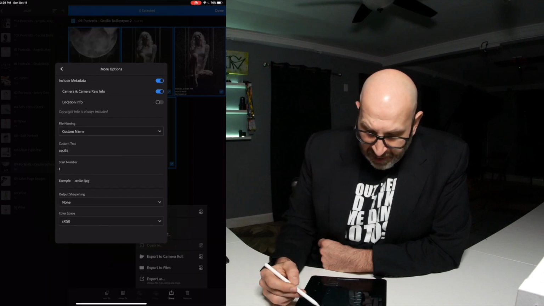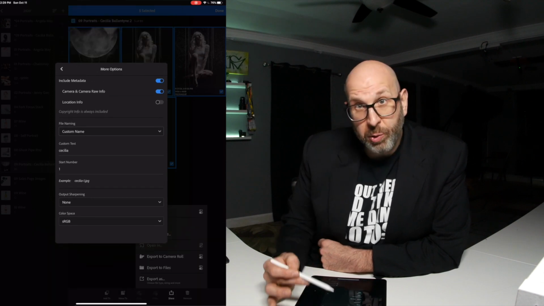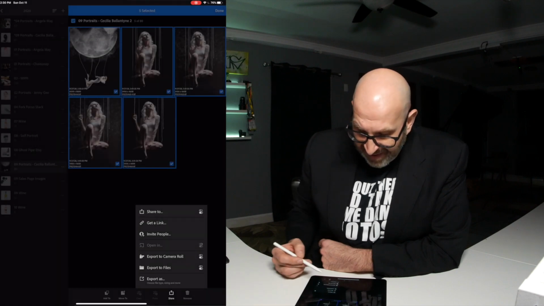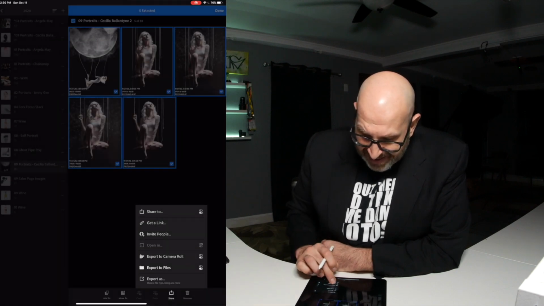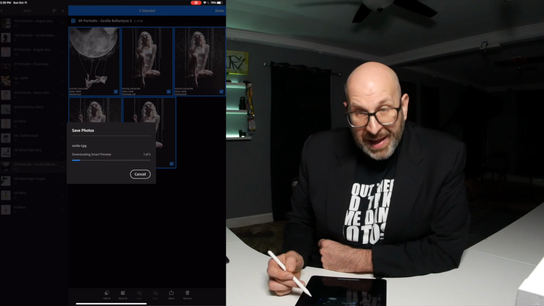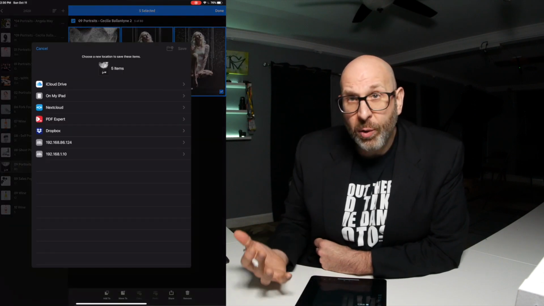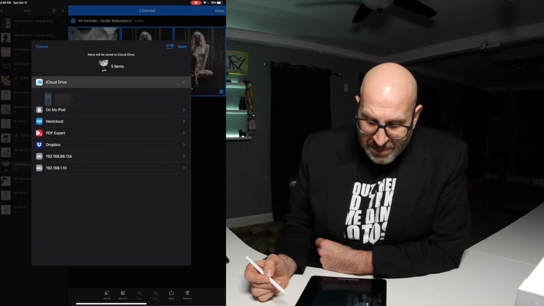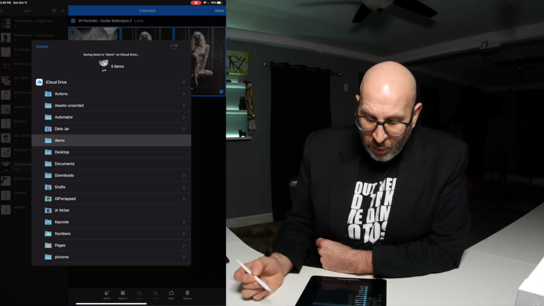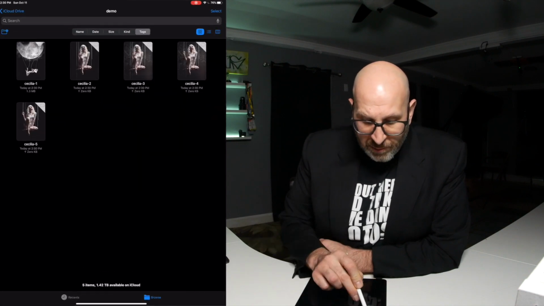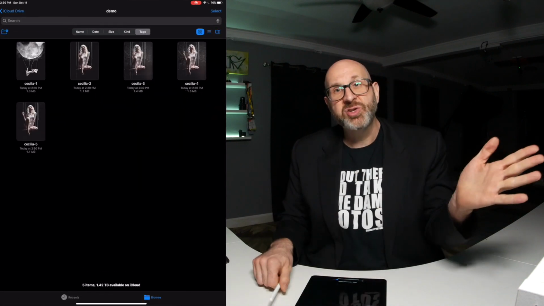And then I will actually run the export. So to run the export now, I need to go back, and I need to hit the check mark to save that. And now I can actually tap the Export to Files option, and it's going to do the proper export. So it's going to ask me where to save it. I'll just save it in this demo folder. And boom, that's done. Let's go to my files, and here we go, Cecilia 1 through 5, just like that,